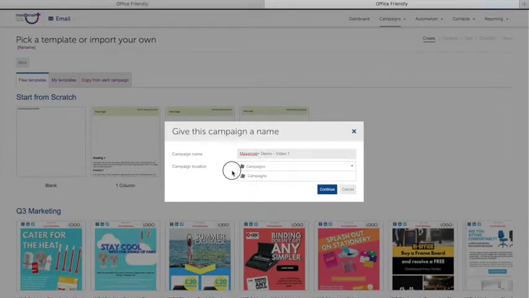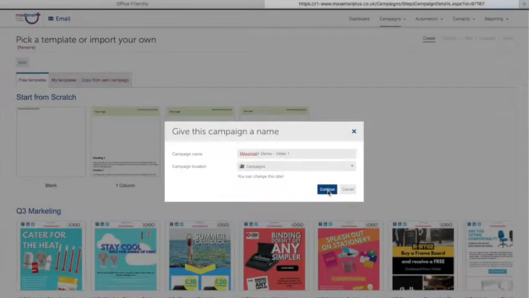From the dashboard, you can create different folders for your campaigns. However, this is a personal preference on how you want to organise them. I personally let it just automatically file things in chronological order, and I think that's a good way to file them. However, if you do want to create different folders for different segments of customers or different types of campaign, go ahead and do so. But for now, choose the name that you want to call it for your filing system and just save it in campaigns